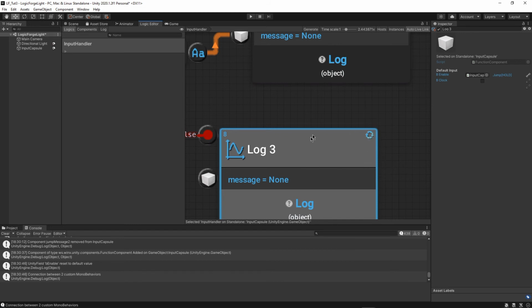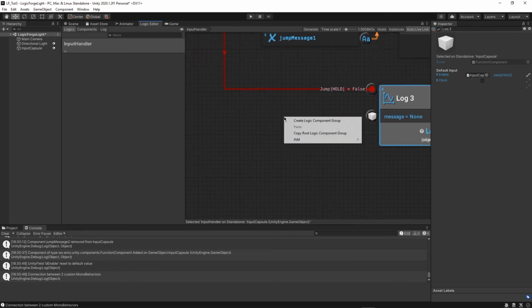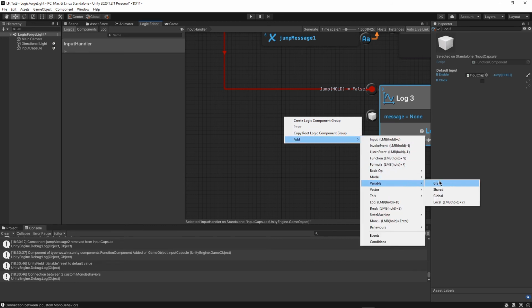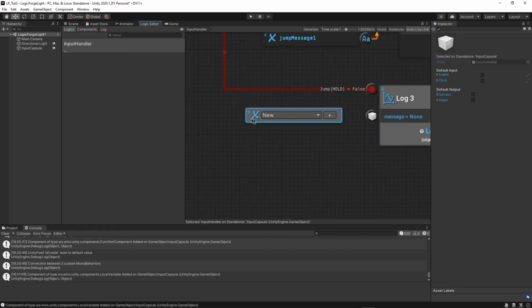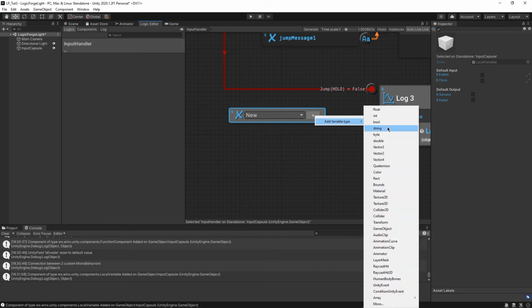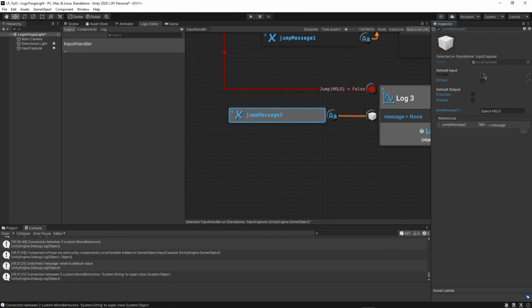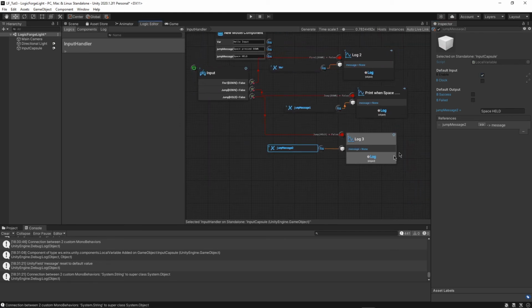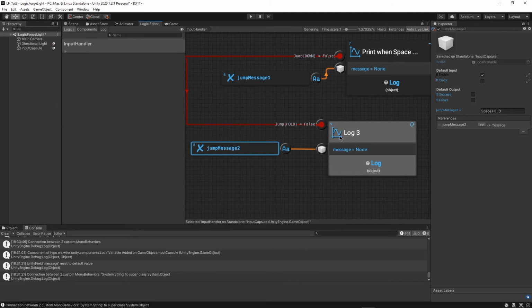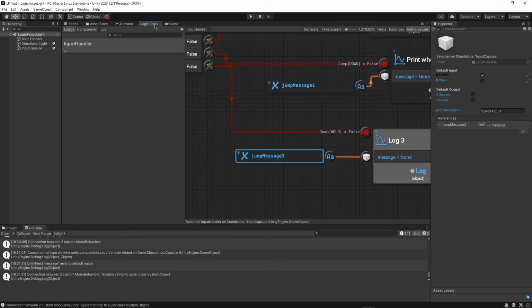outputting every single update. So to test that out, all we need to do is just add a new variable again, another local one, and we can just add the variable type of string, and I'll call it jump message 2. And we can set the message to space held. And then just attach that up, make sure to enable the variable, but do not enable this log because by default we want it to be disabled. Then I'm going to press Control S to save